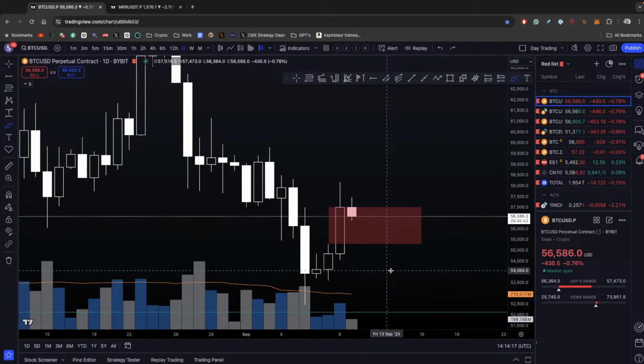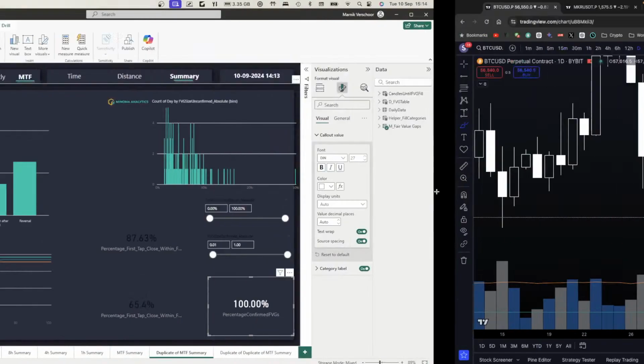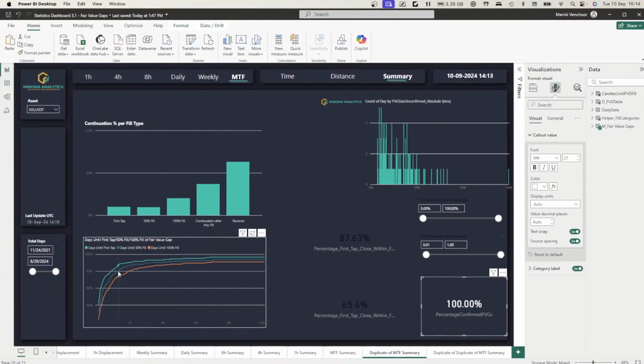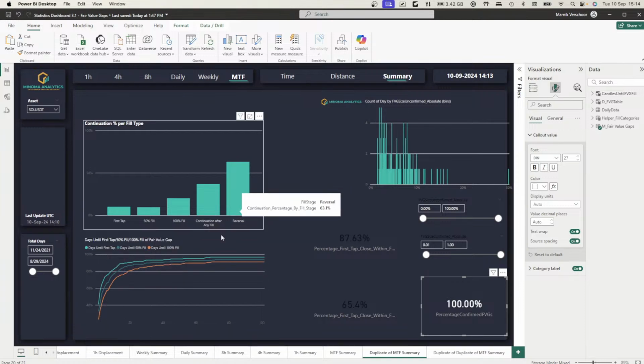And not only that, I will create, and I still have to refine that approach, some metric that gives an estimate on how likely it is to be filled within X days or whatever. But regardless, you see here that they get filled very often, right? And usually very fast. Look how fast this line goes. And most often they end up in a reversal.